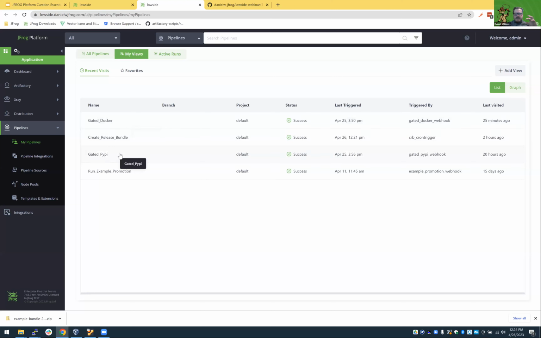In this particular case, I have these pipelines set up to copy the requested artifacts from the remote, where the let's call it filtering, the curation happens, into a local. And I'll show that